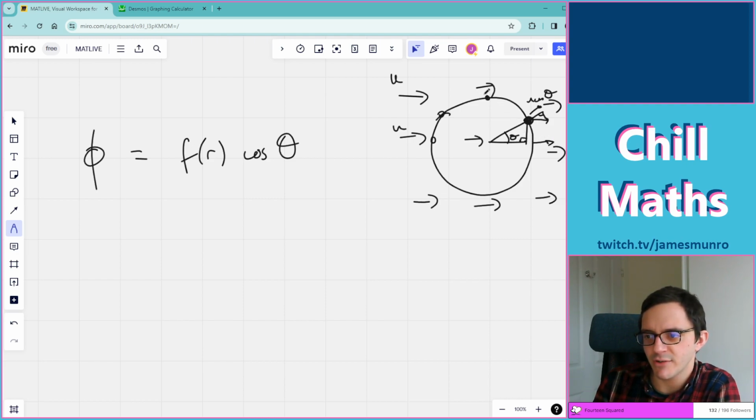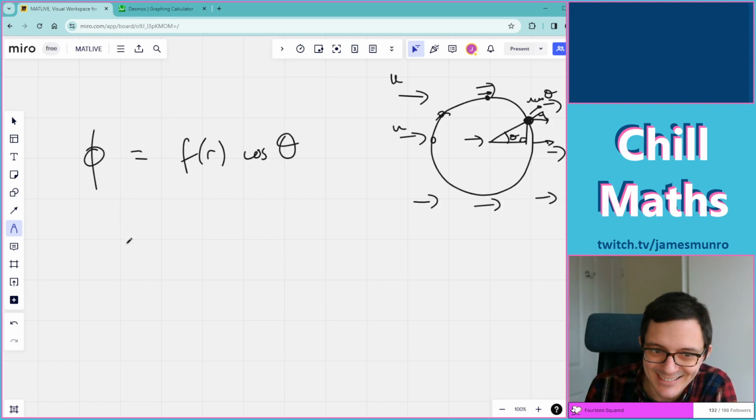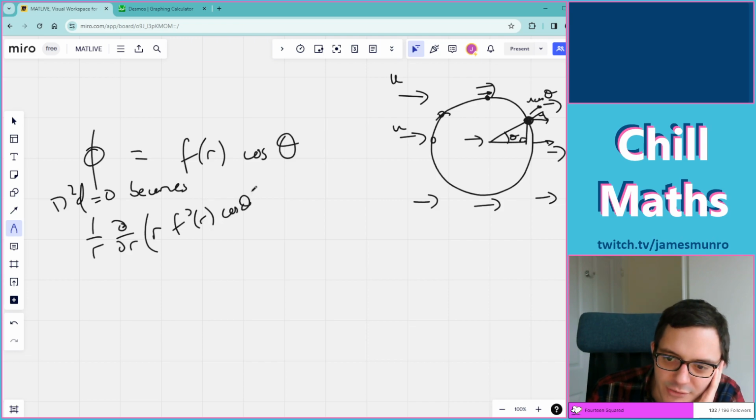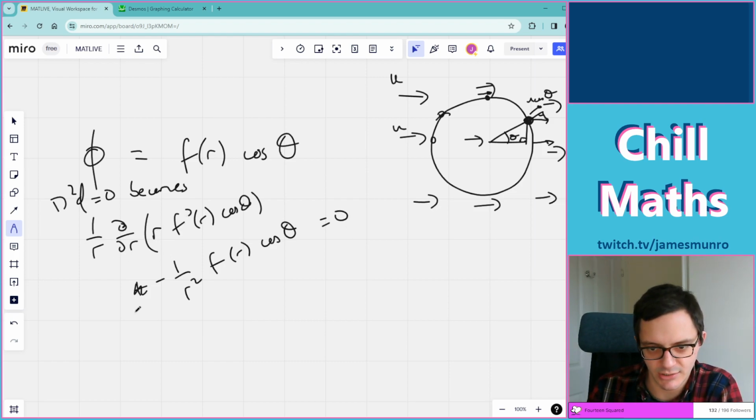Up here, when theta is pi over 2, that's still u in the x direction for the velocity, but it's kind of fine. Okay, so if I try this and I plug it in, then I get something like: I've got to do an r derivative of r times another r derivative, which has got a cos theta in it, and I've got to do 1 over r squared, 2 theta derivatives, but the 2 theta derivatives are not too bad. It just gives me back cos theta, which gives me hope that I could actually solve this thing,